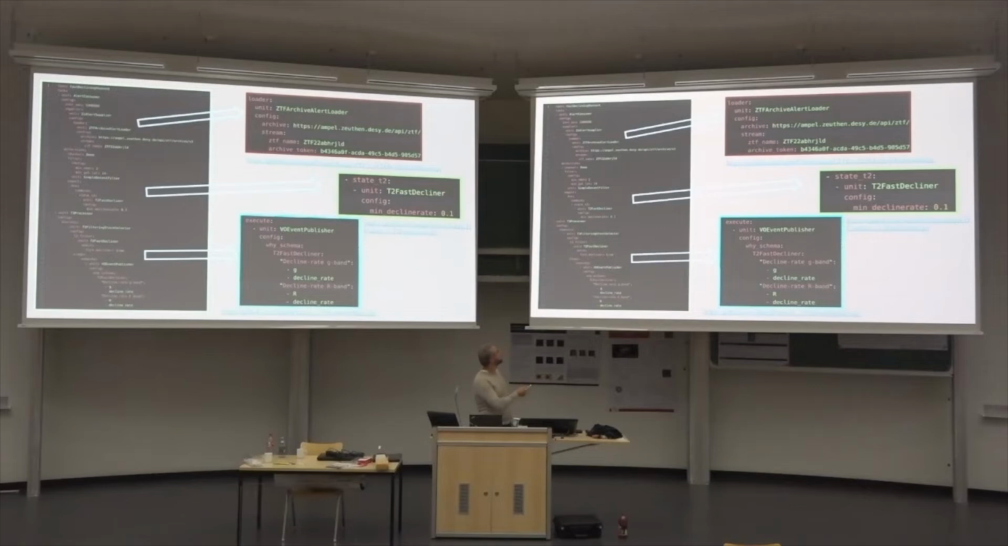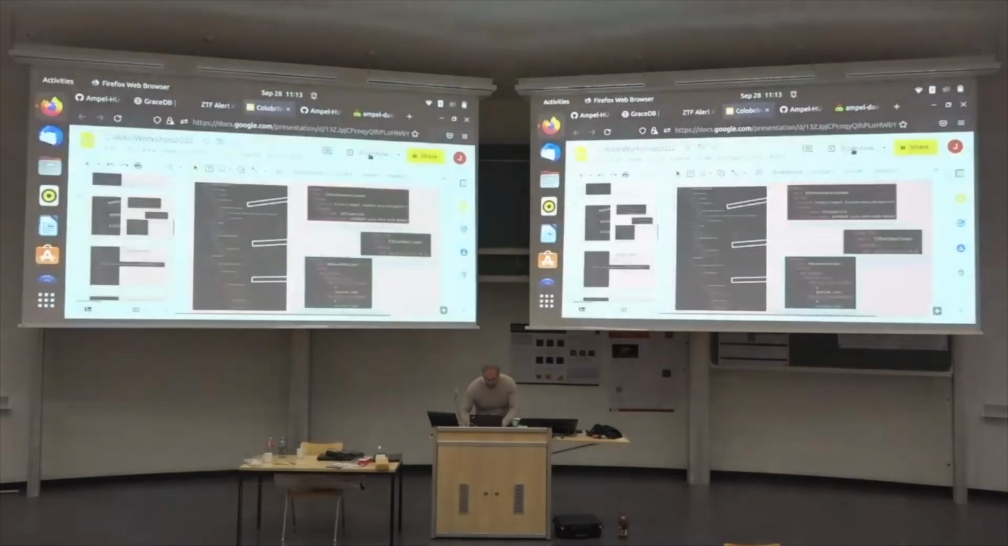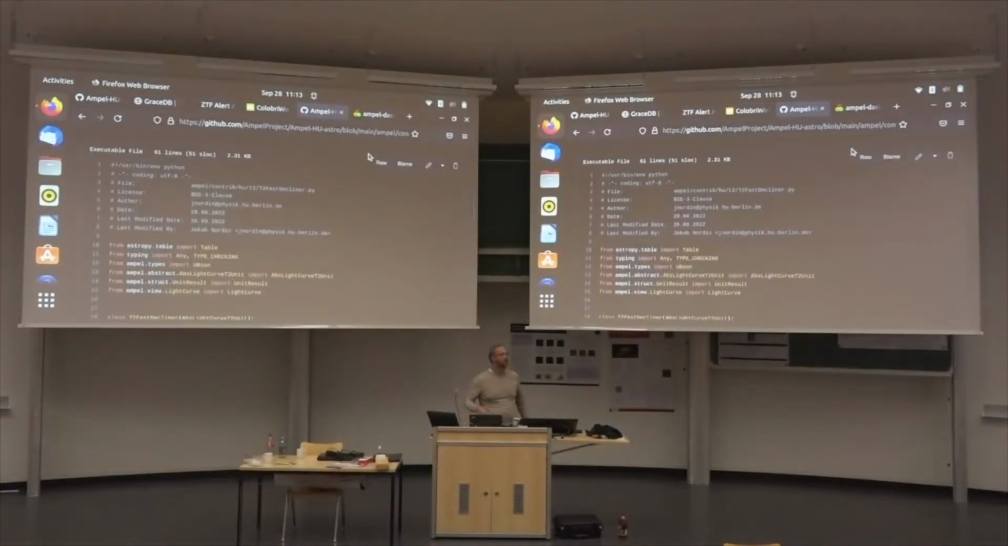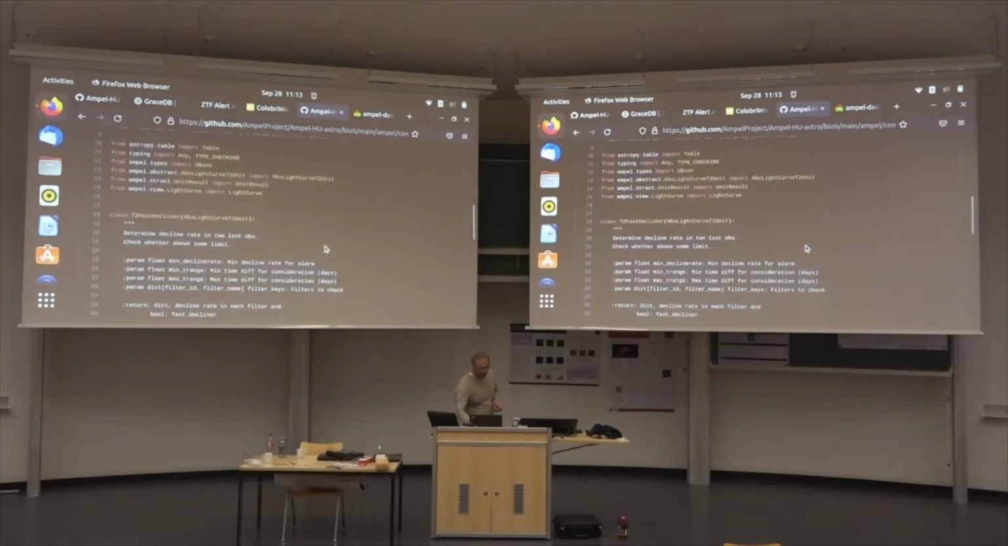And then in the end, the core, we're calling this little Python method called T2 fast decliner. So what is that then? Let me then go here. So now we're at the publicly published GitHub repository where there is this unit called T2 fast decliner